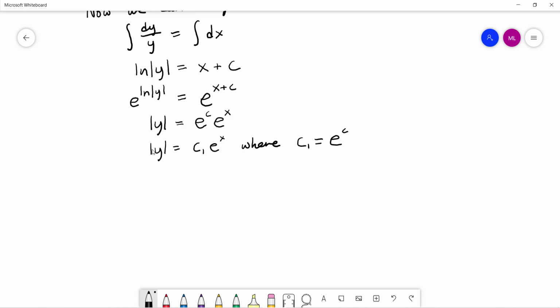Okay, the last thing we need to do is get rid of the absolute values. But we need to think about this just a little bit. If I come back to this c1 that we've written right here, I know that it's equivalent to e raised to the power c. What do I know about this number c1? What has to be true of this particular value, knowing that it can be written as an exponential, e raised to some constant? Well, regardless of what I pick for c, be it a large positive number or a negative number or even 0, no matter what I pick, e raised to some number is always going to be positive, right? If I raise it to e to the 0th power, e raised to the 0th power is just 1,